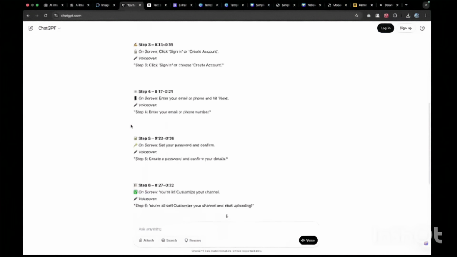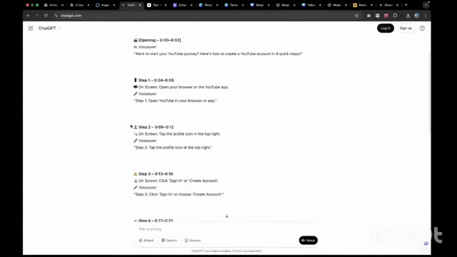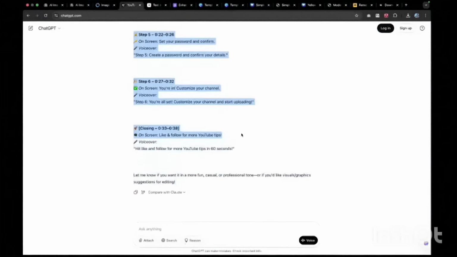Now look at this. It says, let's go over it. The first thing it says is step 1. It gives you the time duration to put that thing on the screen. It says on screen, open your browser or YouTube application. And step 1, this is really rigorous. And this would not make sense because let's test this out. If I copy this input given to us by ChatGPT, and let's copy it,